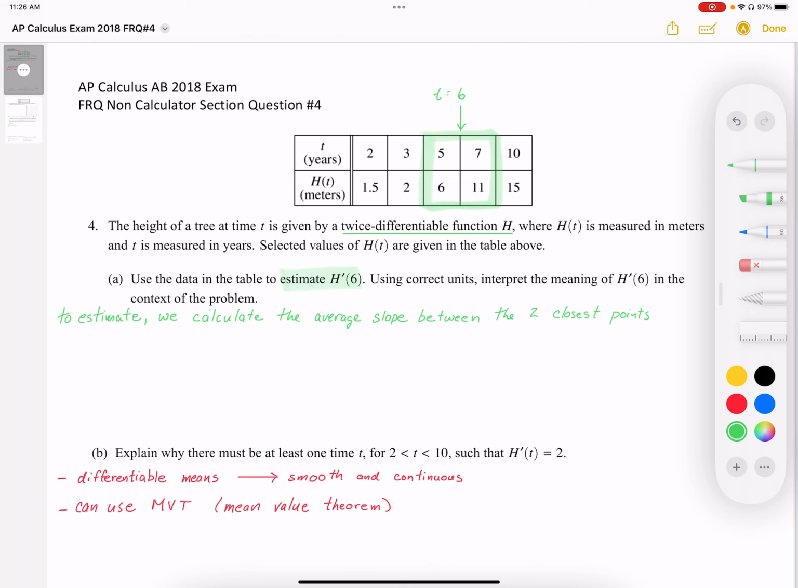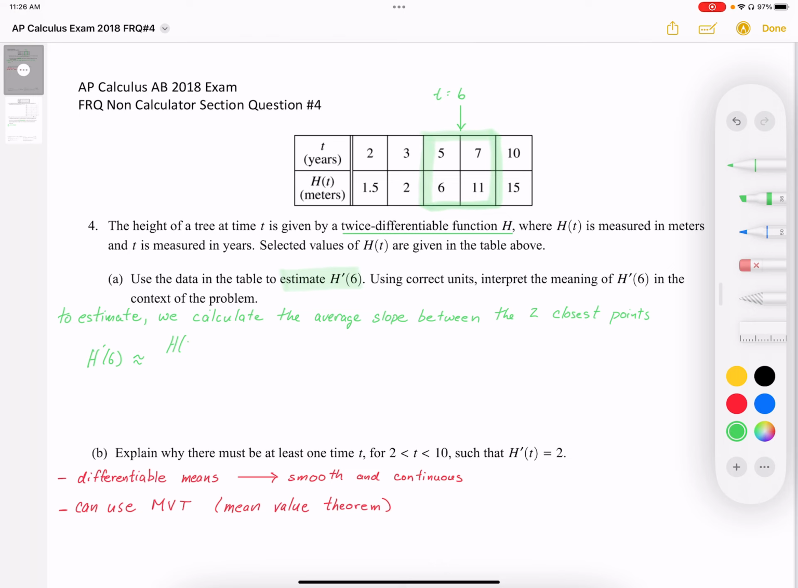So first of all, we're estimating a slope of h. And to do that at 6, we're going to use the adjacent points. So to estimate, we're going to use the average slope between the adjacent points of 6, so between t equals 5 years and t equals 7 years. And we're going to calculate that average slope. So we're going to say this. h prime at 6 is going to be approximated by